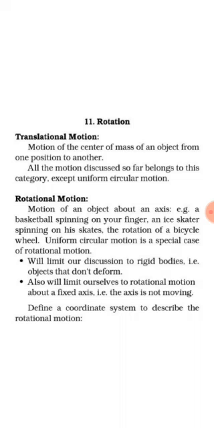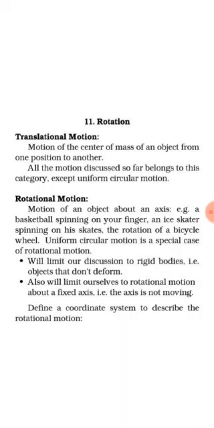We can define translational motion easily, and also add one or two more points. Translational motion is also known as linear motion. When a force acts on a stationary rigid body which is free to move anywhere, the body starts moving in a straight path in the direction of the force. This is called linear motion, and also translational motion.